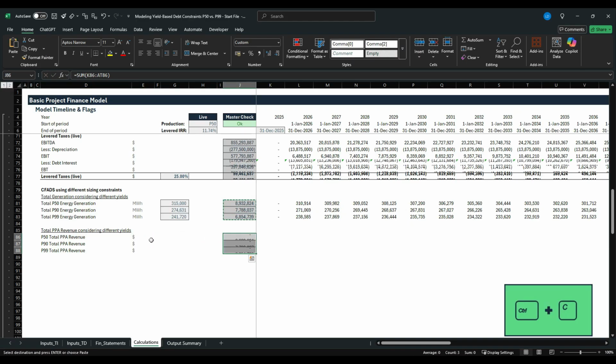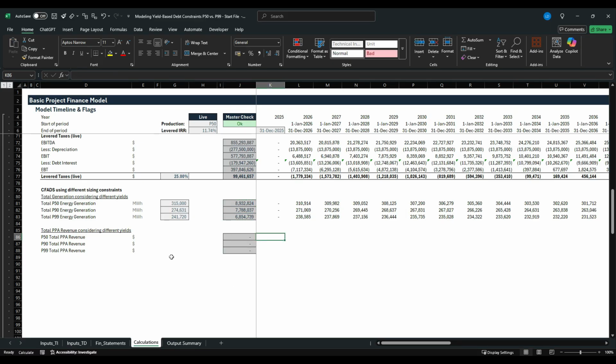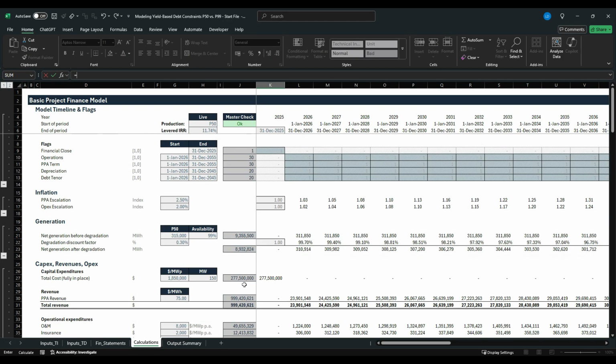Pick up raw totals. And that leaves us with 3 labels, and we can calculate our total PPA revenue. So for our PPA revenue, we start with our PPA flag, PPA term up here, hit F4 2 times, do not forget our PPA escalation up here, hit F4 2 times as well, times our PPA price, which is given down here, $75 per megawatt hour, hit F4 once,